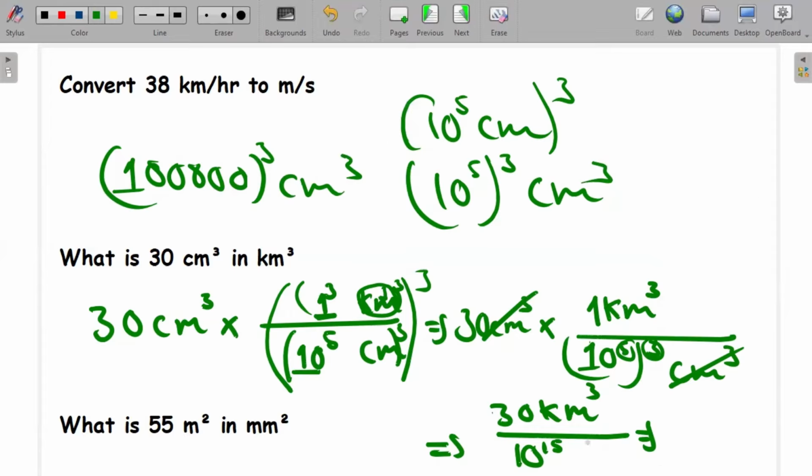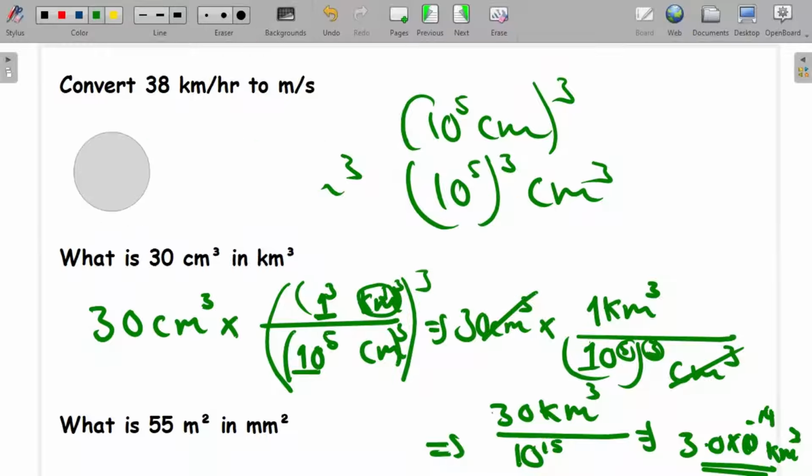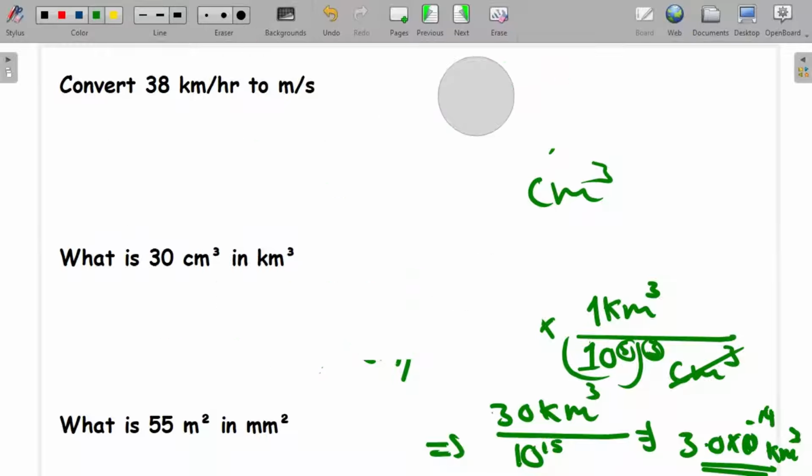Okay, so divide 30 over 10 to the power 15. What answer are we going to get? We're going to get 3.0 times 10 to the power minus 14 cubic kilometers, and that is going to be the answer. That means we have successfully converted from cubic centimeters to cubic kilometers without changing the actual meaning of the given value. Okay, we can look at one more example